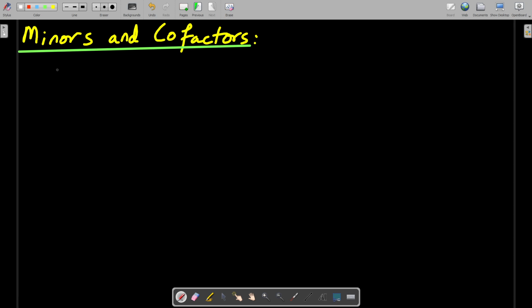Okay, so let us start now. So if you are given a matrix, consider a matrix. I'll teach you this only for 3 by 3 and 2 by 2. So I'll start with the 3 by 3 case because the 2 by 2 case becomes very trivial. So consider A is equal to